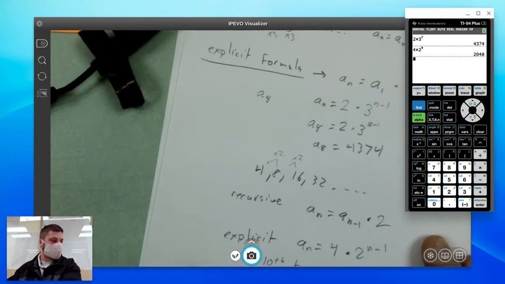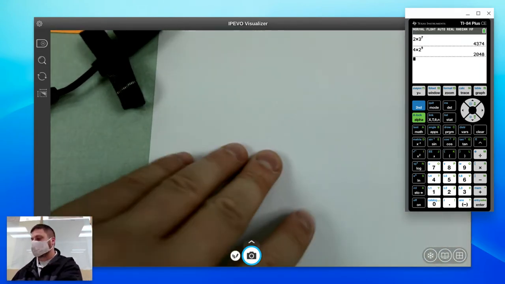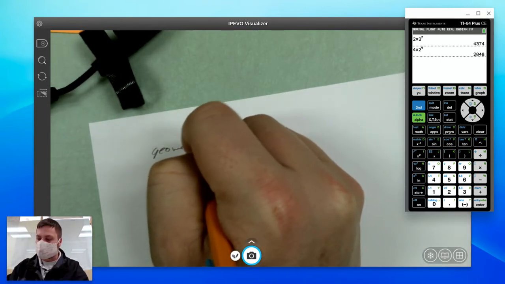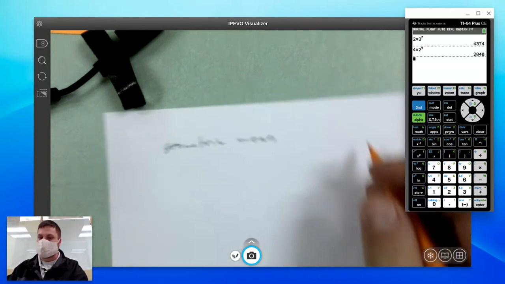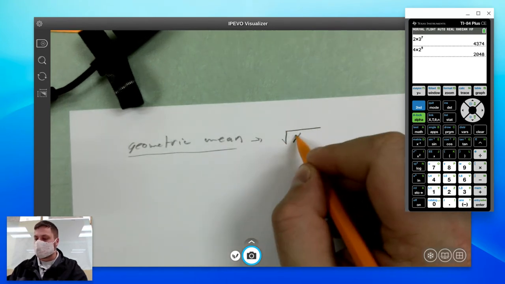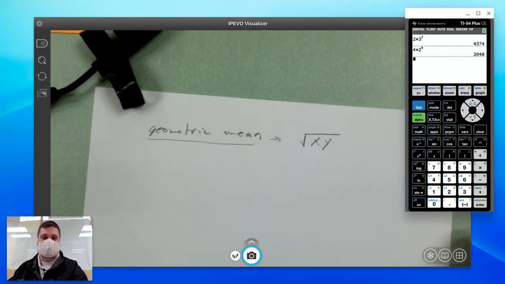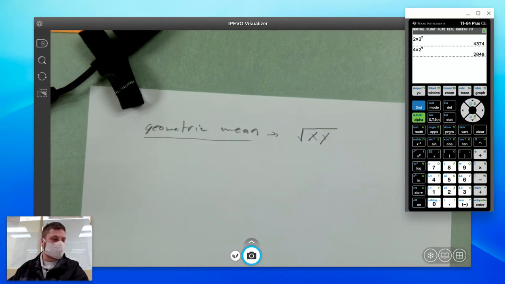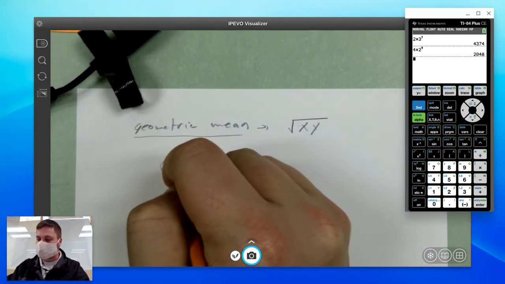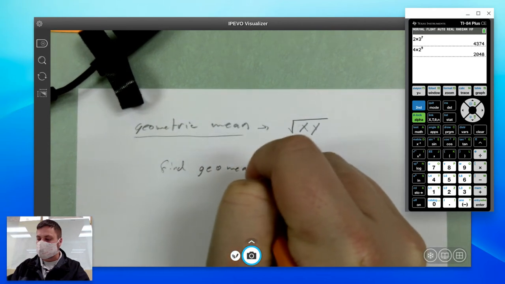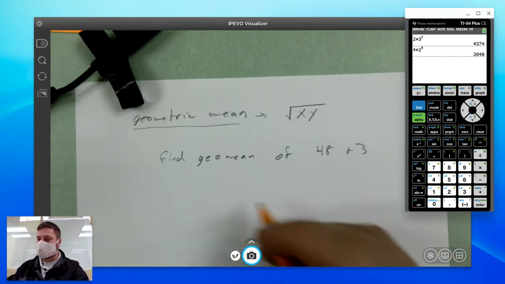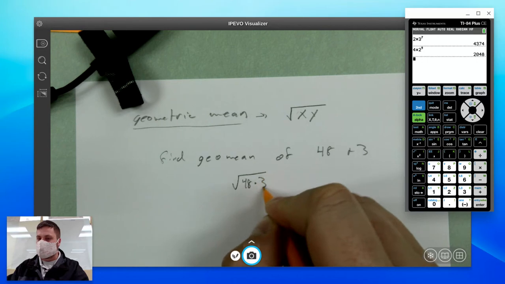All right, a couple other small things that are in this section. First of all, the geometric mean. The geometric mean between any two numbers is the square root of their product. Okay, so the geometric mean between two numbers x and y is the square root of x times y. All right, so if I wanted the geometric mean of, let's say, 48 and 3, all I would need to do is take the square root of 48 times 3,